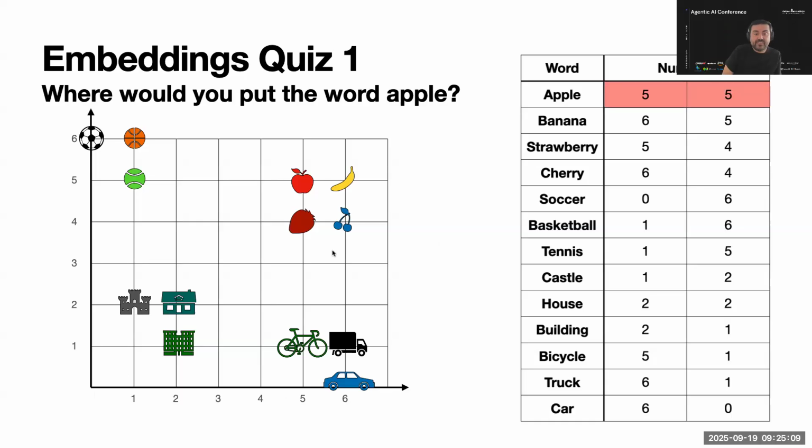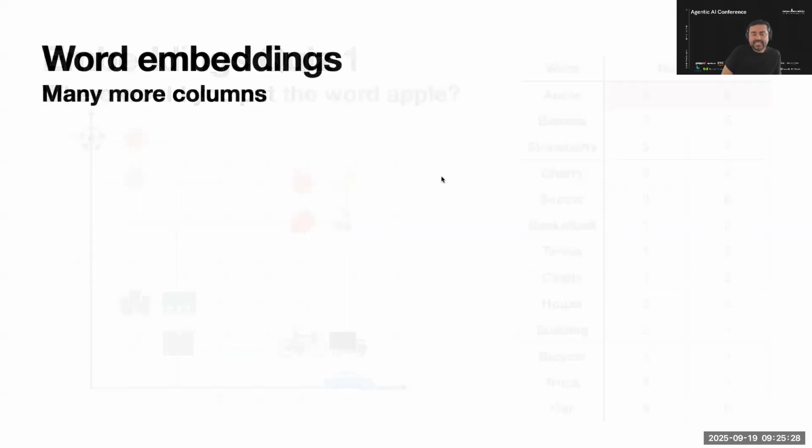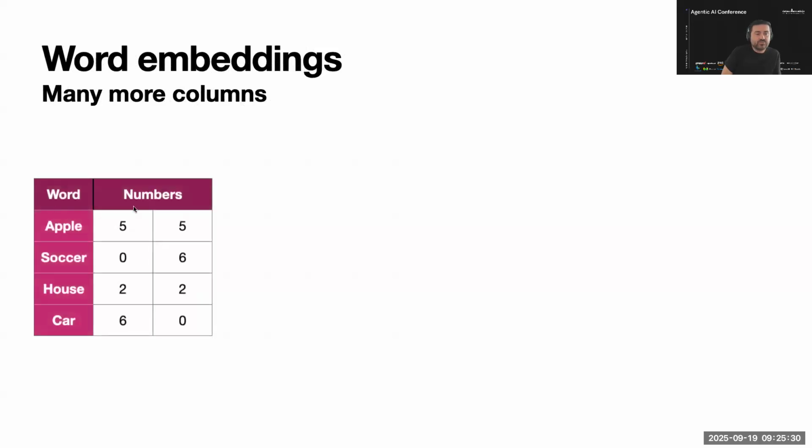So I'm going to put it at 5, 5. I could put it anywhere around here. One day somebody told me you should put it here because it's a circle. And then I realized, oh yeah, that's true. It shows the ambiguities of language, which we'll get to. But for now, apple goes around the fruits because it's the least I can ask of a good embedding, right? Now I said 2 columns because I said that a word goes to 2 numbers,